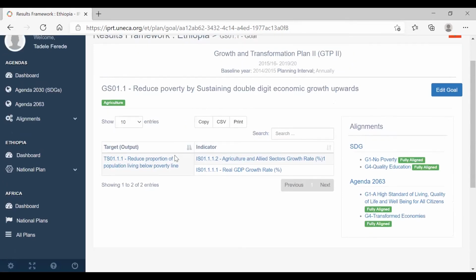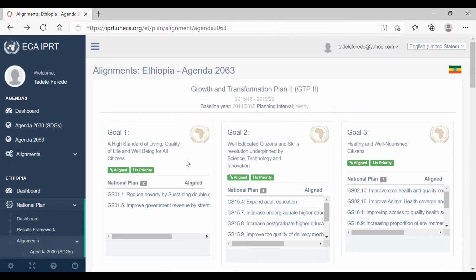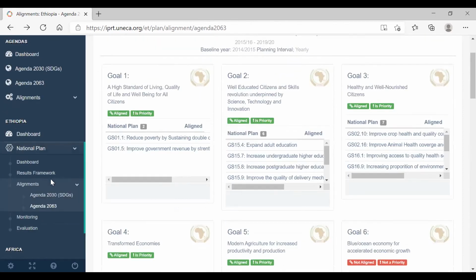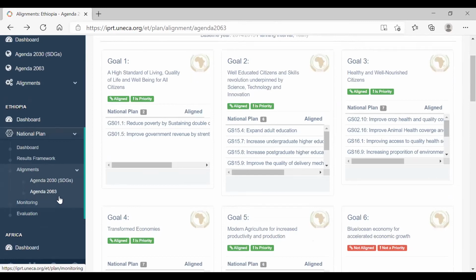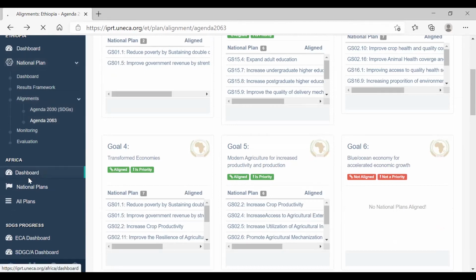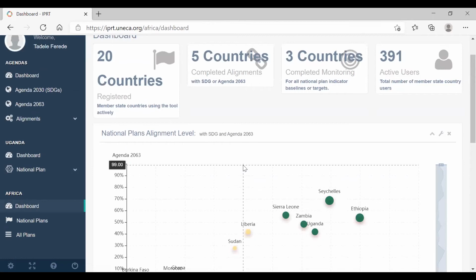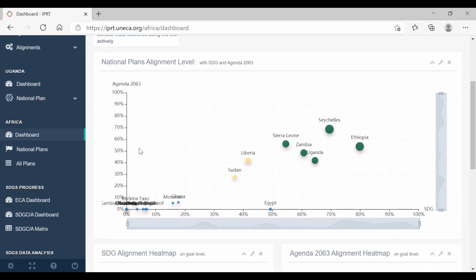Okay, so you can look at target by target, indicator by indicator for each goal. So that's for national level alignment. The third module is the Africa-wide module. This is the Africa-wide module, meaning that it presents Africa-wide, not each and every country, rather the continental